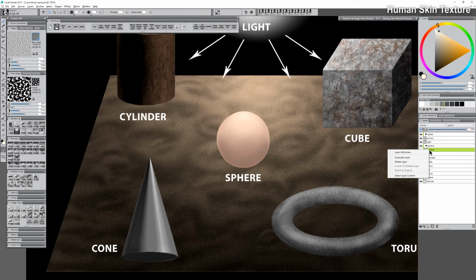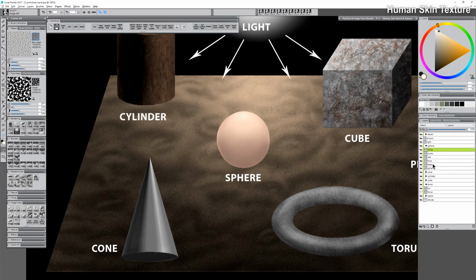So I'm going to right click on the sphere, select layer content, hide the selection with Ctrl-Shift-H, and I've created a few new layers here. I have one called base, blue, red, pores, and shine, and I want them to be stacked in this order. So the base layer, as you can imagine, is going to be a base layer of texture. I'm going to start with the sponge. I'm going to sample the darker color on my skin sphere. I'm going to set the composite method of that layer to multiply, and I'm going to put in a layer